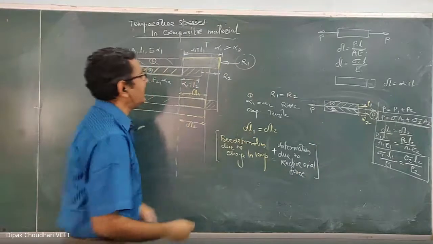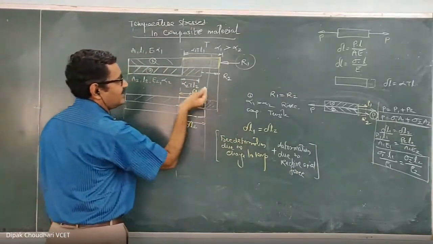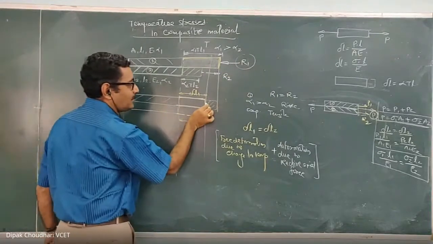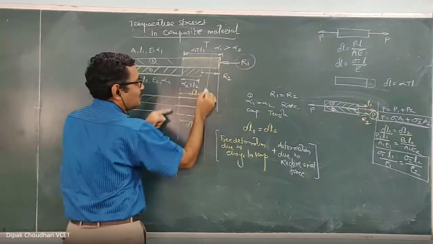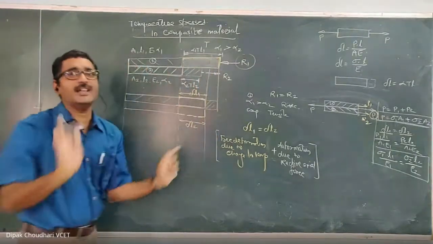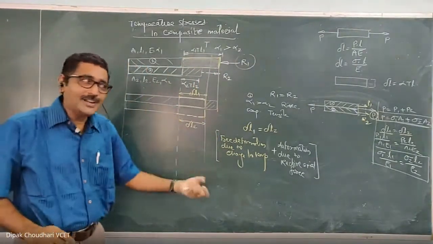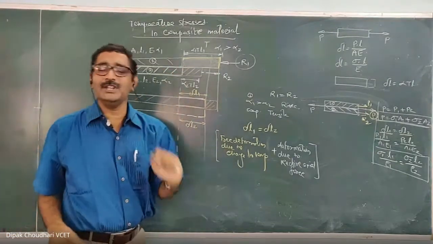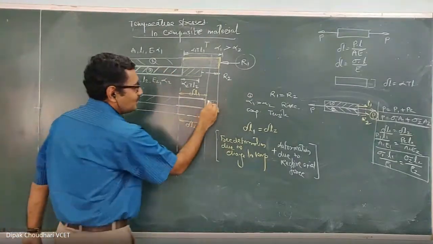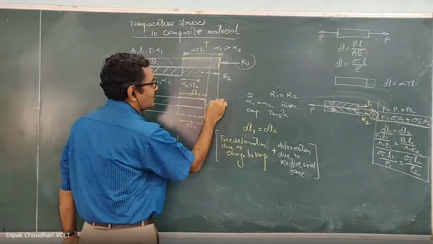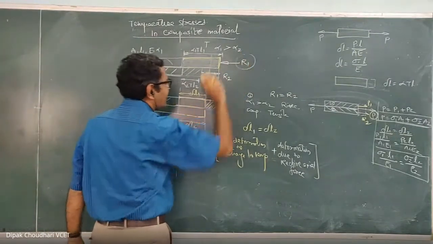So in this delta L1, ये delta L1 है. Here you will observe that it is less than this free deformation. Why it is less than this free deformation? Because of this reactive force. Here this free deformation is not allowed. Here जो दूसरा मटेरियल है उसको पीछे पुल करेगा. Here वो उसको फ्री डिफॉर्म नहीं होने देगा. Okay, so ये जो शॉर्ट है, this is the deformation or this is the contraction because of this axial reactive force.